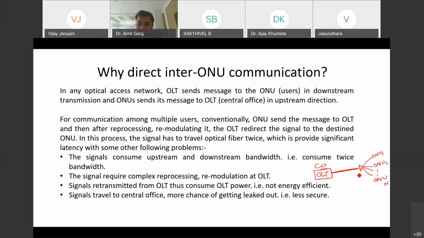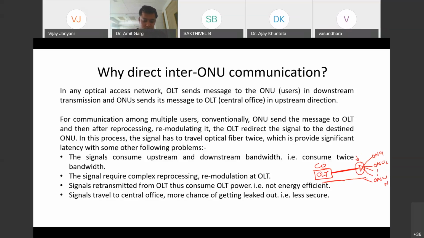This is the general block diagram of a GPON network. This may be a TDM splitter or it may be a WDM splitter also. In that case, it is called AWG.